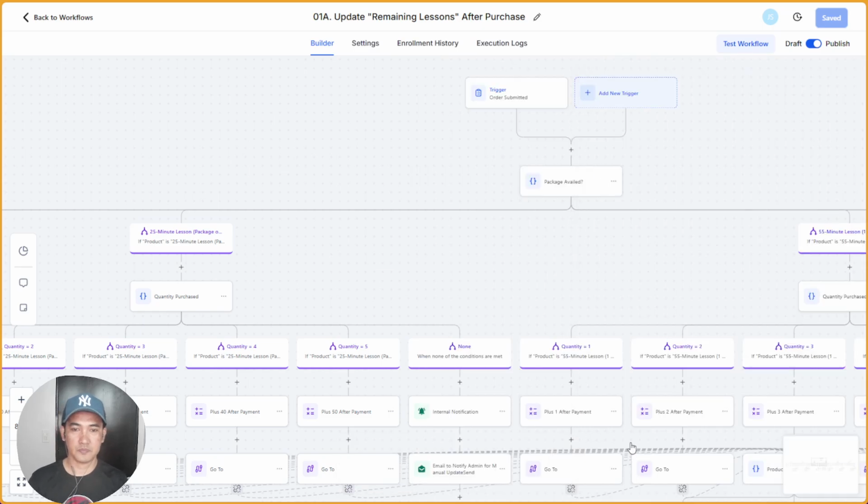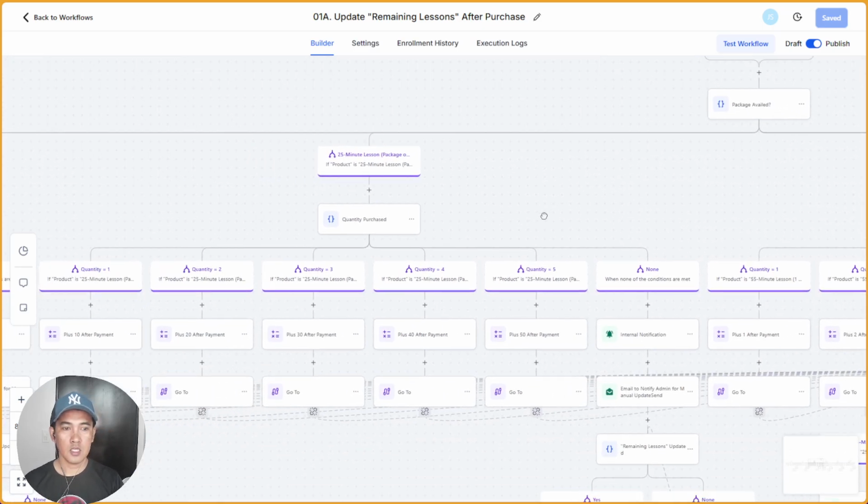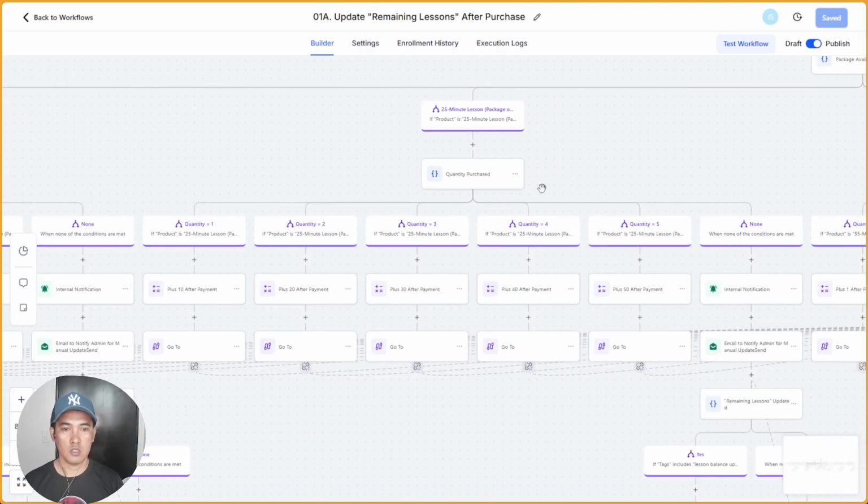And then the customer can buy the quantity they prefer, like let's say a 25-minute package of 10 in quantity of 2.